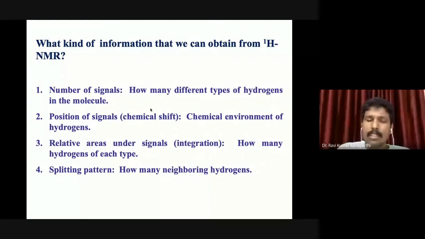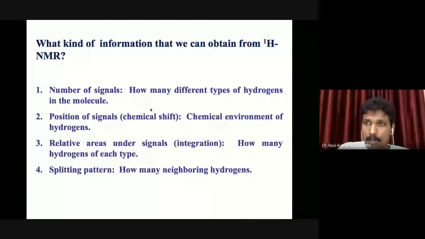C=O can be present in acid, aldehyde, ketone, amide, and different esters also. So based on the situation, it can be present anywhere there. The moment you see a peak, you have to determine that, okay, there is a very strong stretch in this region, which is actually a carbonyl stretch.